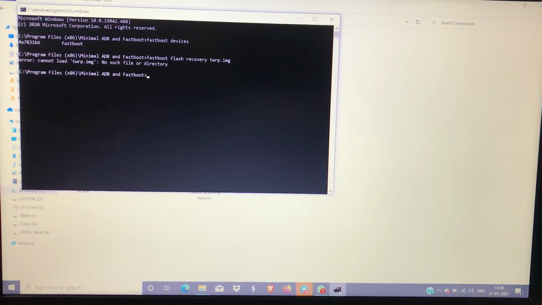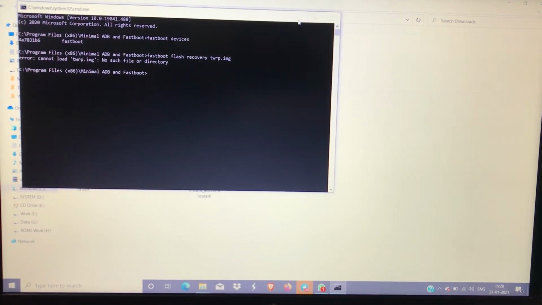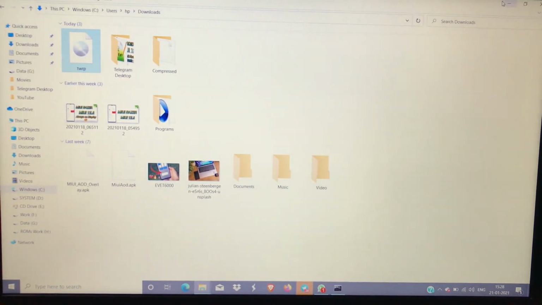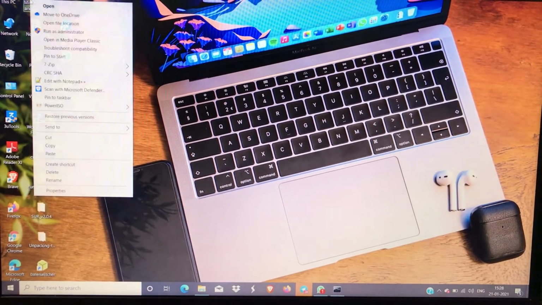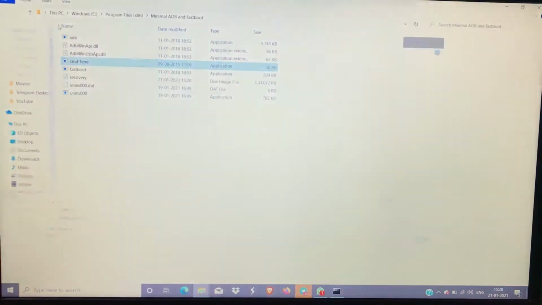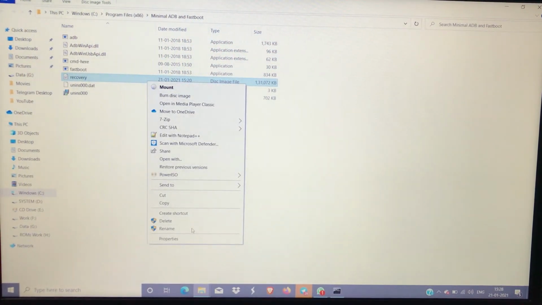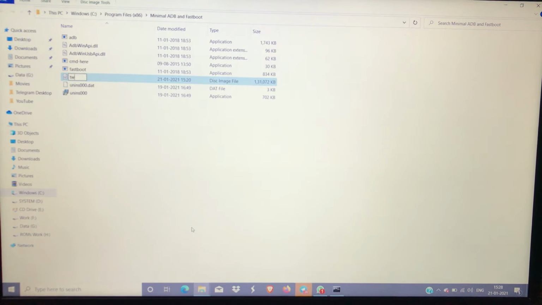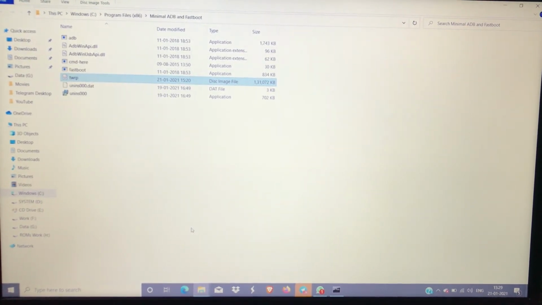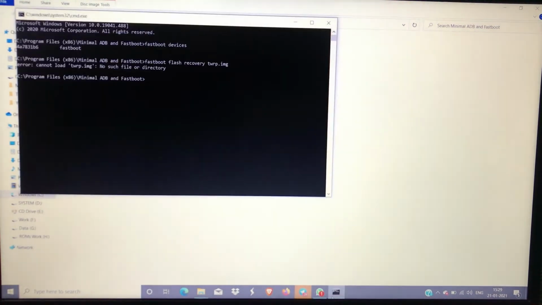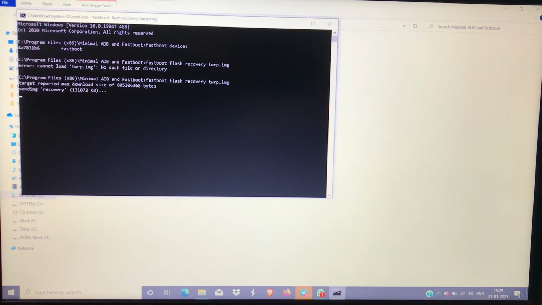Okay, sorry for that. That was some issue because I had renamed the file in some other location. I need to rename it in this location. So just go here, open file location, and here we have this recovery. We need to rename it to TWRP. So just click on rename, write TWRP, enter, and it's done. Now we need to go to CMD again and enter the previous command again, click on OK, and as you can see, it is sending the recovery.